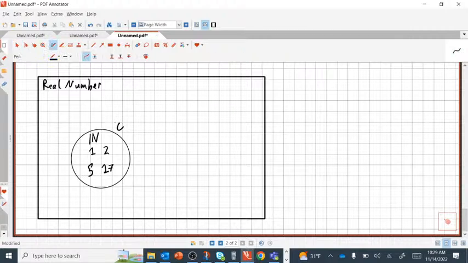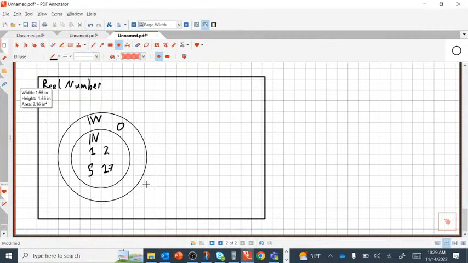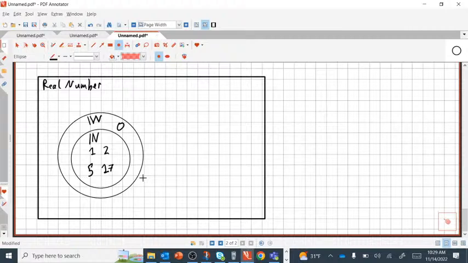Then you have your whole numbers, which are the natural numbers and 0. 0 is rational because it is 0 over 1, 0 over 10. I can write it as a fraction of integers. Speaking of integers,